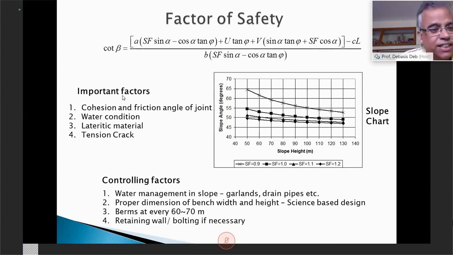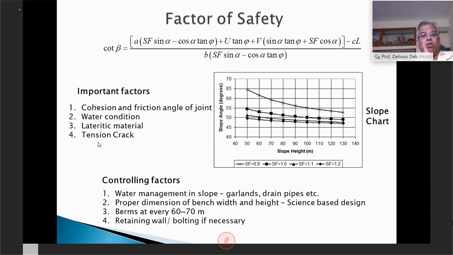And another is tension crack, as you are seeing. If there is a tension crack, then it will have a tremendous effect on the slope stability. So I normally recommend that you take some overburden material or soil and first fill the tension cracks, so that water doesn't get into them. Fill them as well as you can. So tension cracks we must reduce.